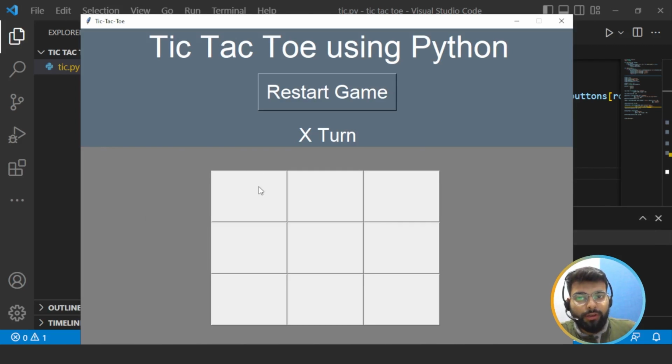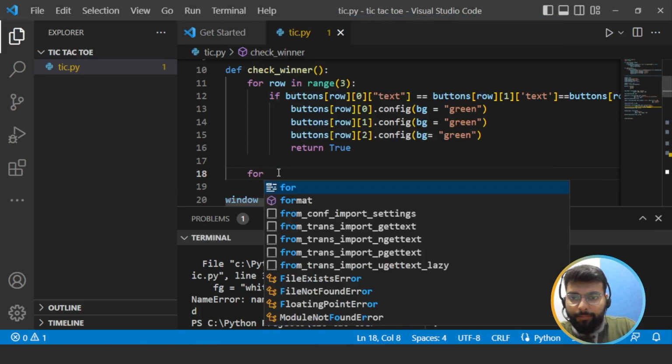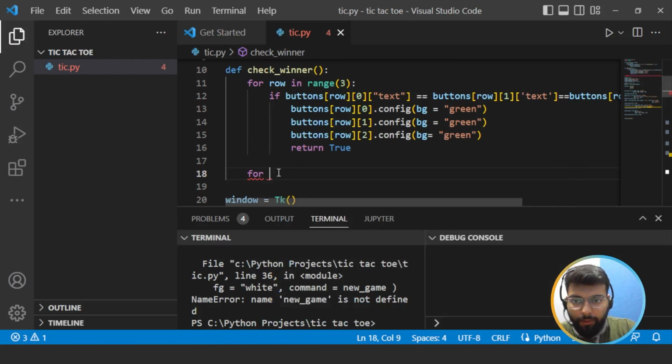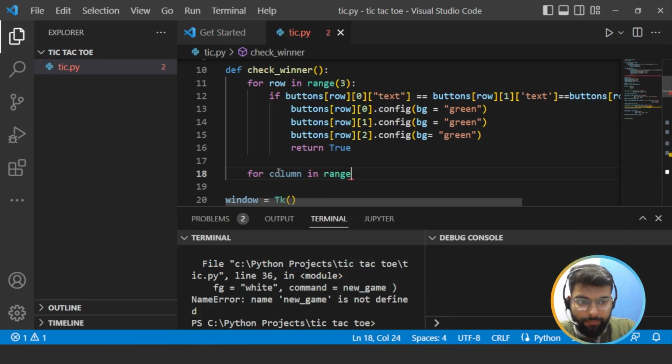So all these rows are completed. Now we would run a loop so that we could check the columns. So for that we would run a loop for column in range 3, and